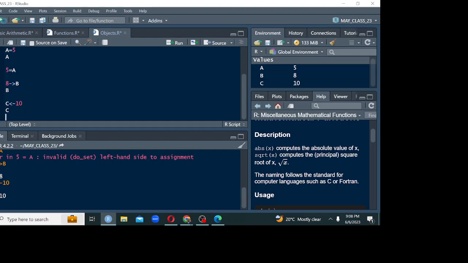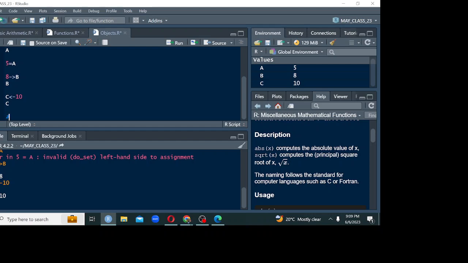So that's why it is recommended. Most of the users of R like using this assignment, so that even if you are going to interchange it, you are still going to get the response. You are not going to get an error as compared to using the equal sign. I hope that is now a bit clear on the assignment. But before we go further,